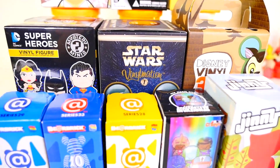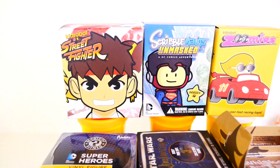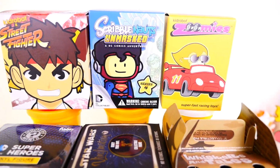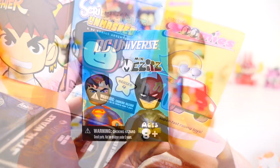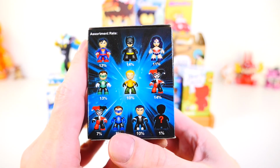Today we're going to be opening only blind boxes. We have 13 to open, and we're going to start the video off by opening up the DC Universe Mini Mez first. And I've opened most of the case of these, but we're still missing, I want to say, a